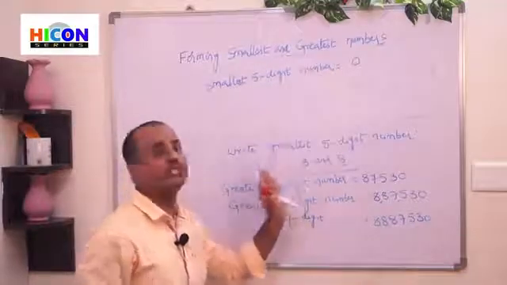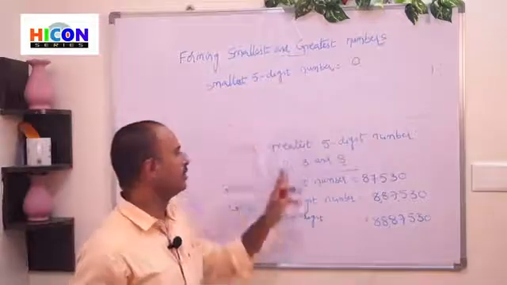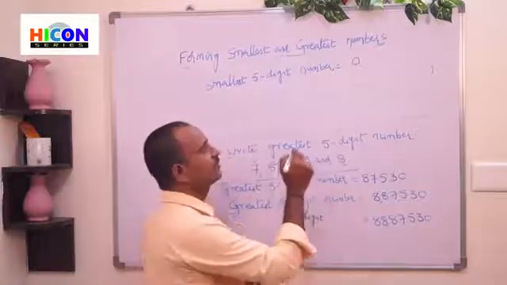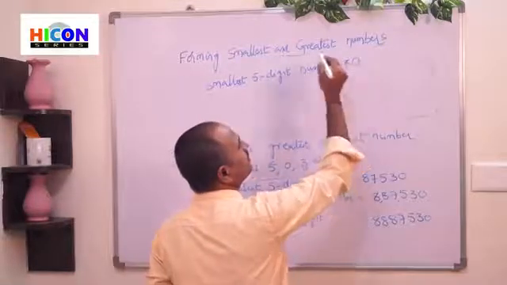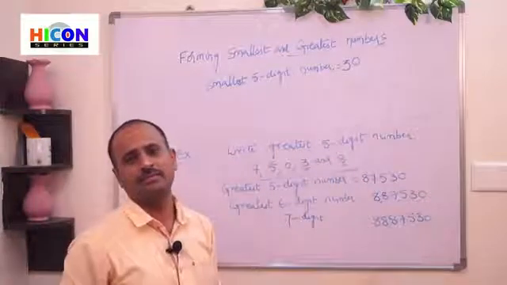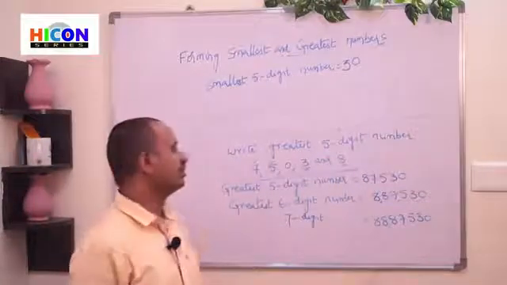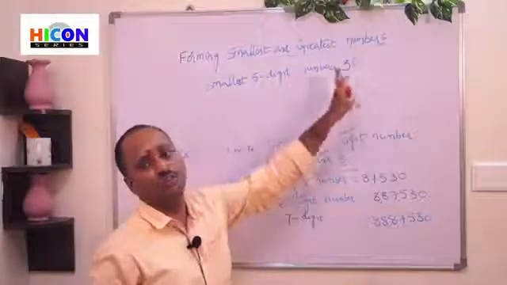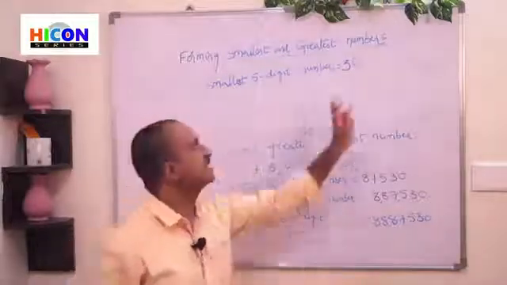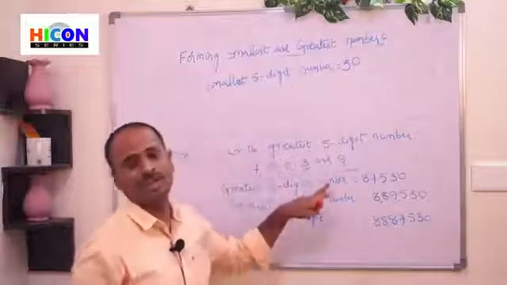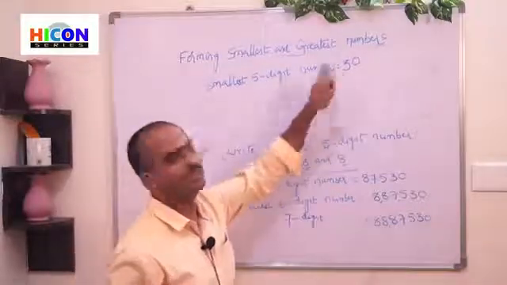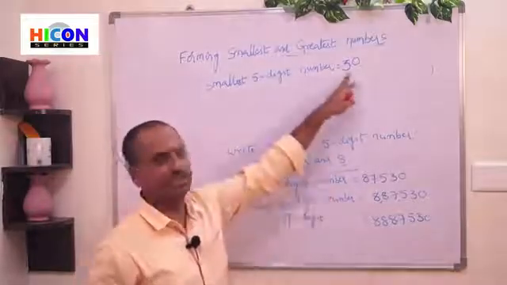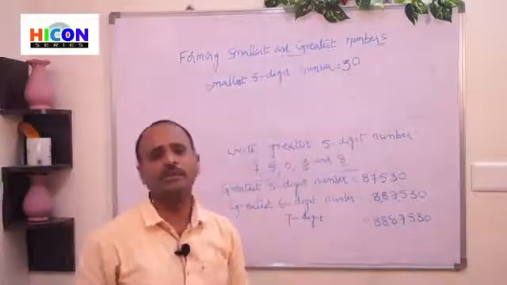The next smallest digit should be written first. After 0, which is the next smallest one? 3 is the next smallest one. So write 3 first and 0 in the second place. Children, remember this point: if 0 is present in the given digits, 0 should not be written first. It should be written in the second place, and the next smallest digit after 0 should be written in the first place.